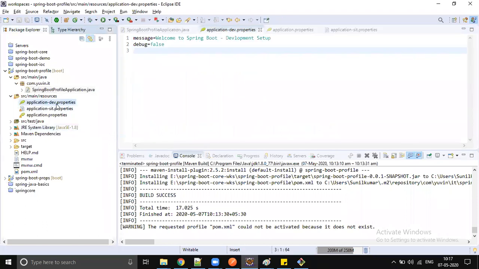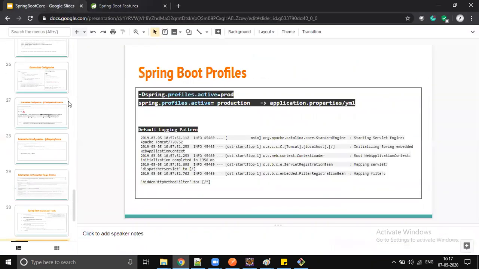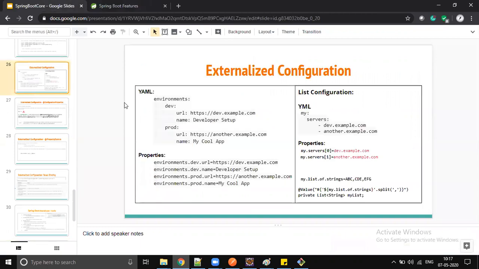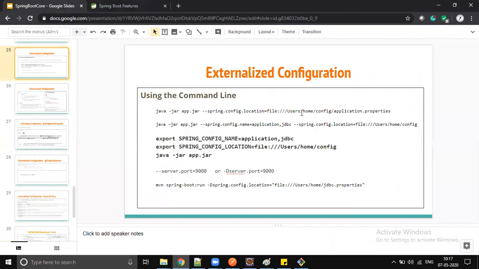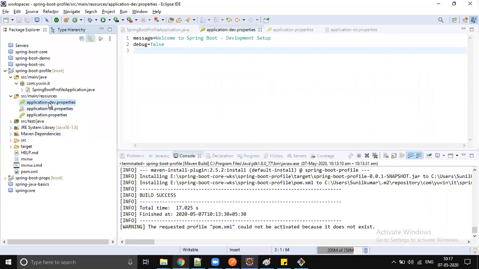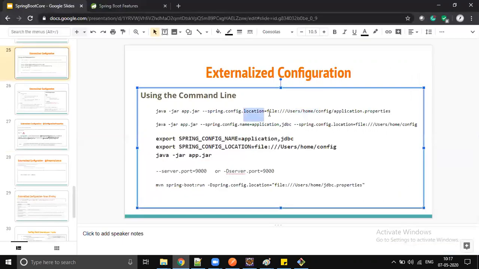Okay, so we can mix. We already discussed in the last slide that it is also possible to pass the properties file at runtime. So you can mix these two concepts, right? You can pass this profile specific configuration file, for example. Here we have dev and SIT. Production you don't have, right? So some configuration you are planning for the production can be passed as a mix of these two concepts. One is passing the property file dynamically, and the profile also.